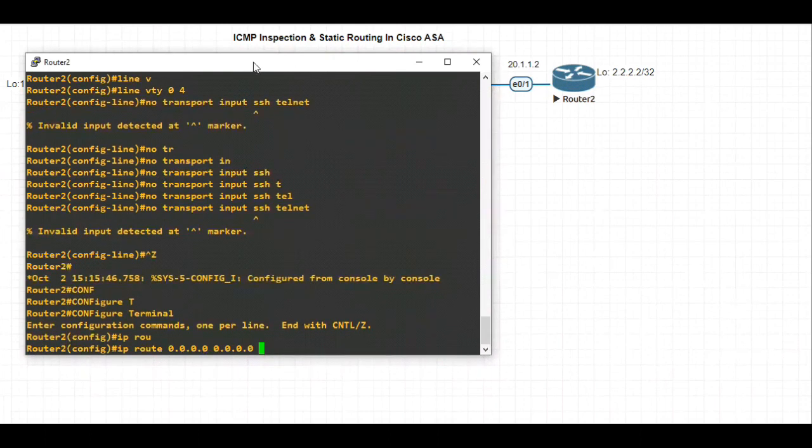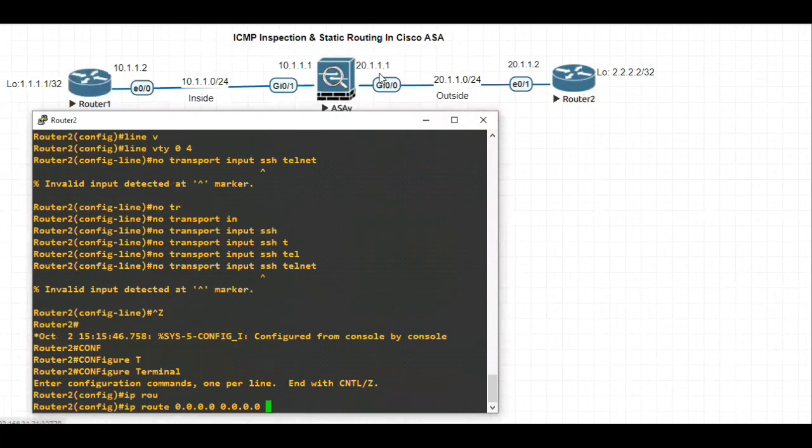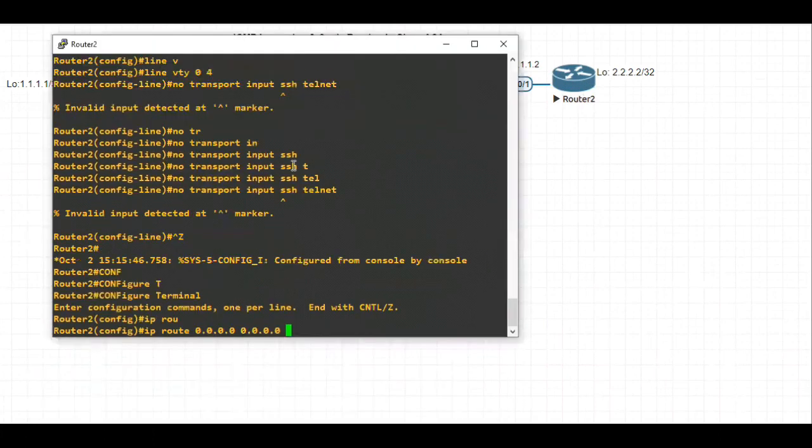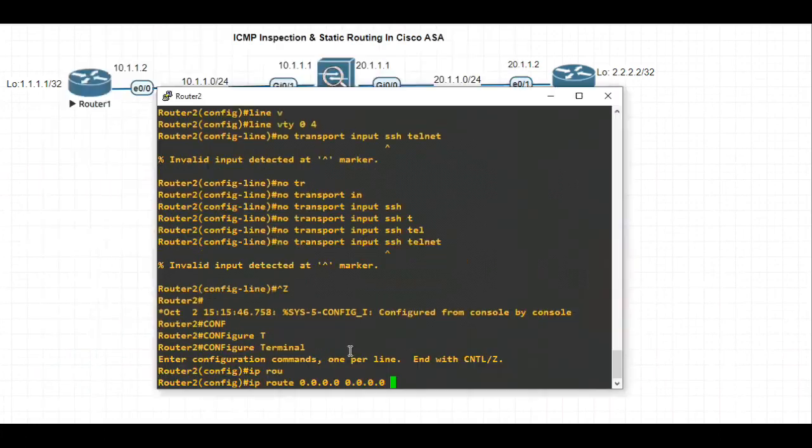And what's the next hop for this? It's 20.1.1.1, this interface on the ASA.